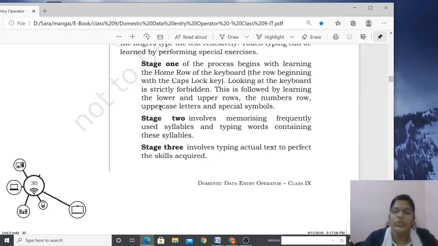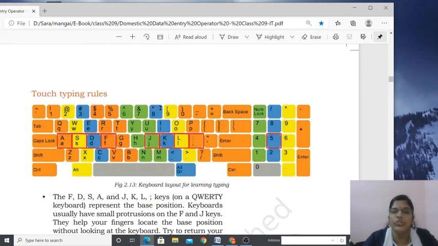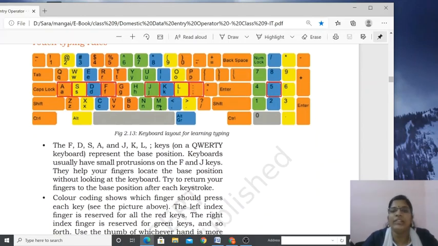Clear? Now you should know what are the rules you should follow. Okay, touch typing rules you should follow. So the rules are very simple. You have 2 rules with these keys. Okay, then number pad another rule. Okay, so a total of 4 rules are there. So let's see what is the first rule.